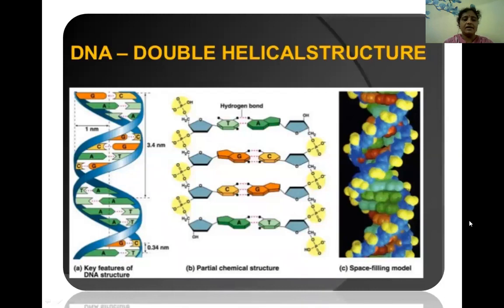The double helix has some physical parameters. The diameter is 20 angstroms, and the pitch or helical turn is 34 angstroms, or 3.4 nanometers. The number of residues per turn is 10 base pairs per turn in crystal, and 10.5 base pairs per turn in solution. The twist of the sugar phosphate backbone per base pair is 36 degrees.